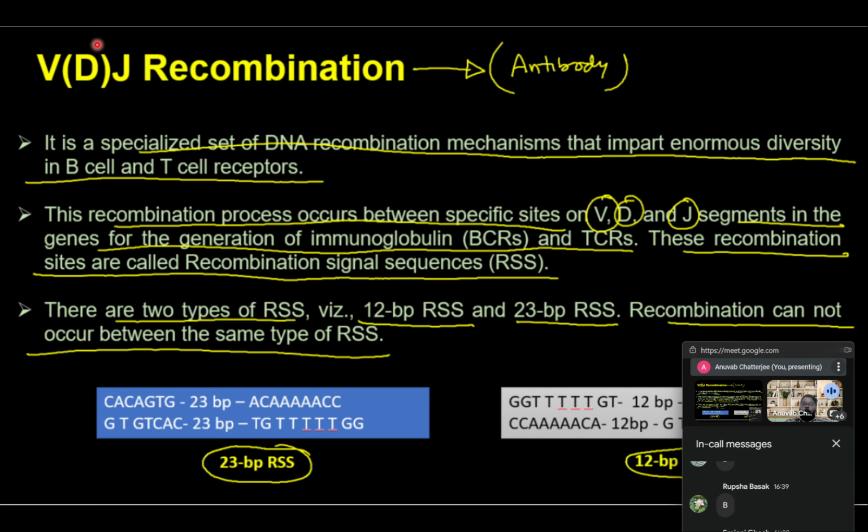If you have ever thought of how our body can detect various different external antigens, various different bacteria or viruses that attack us every day, and then mount an immune response, they do it via VDJ